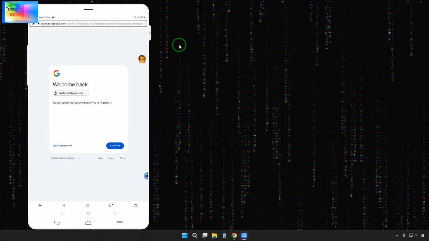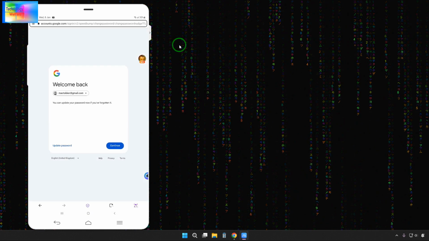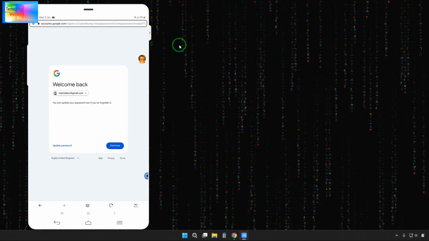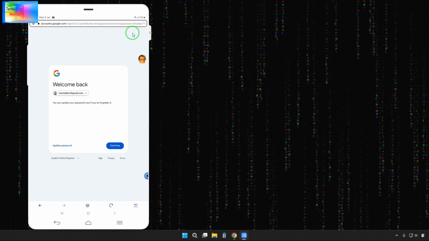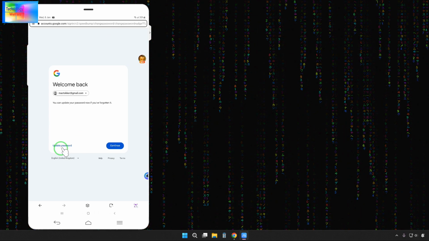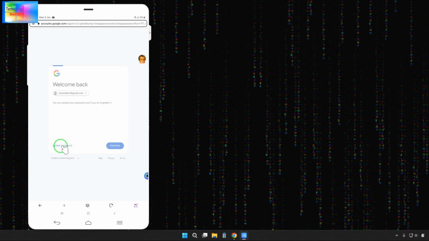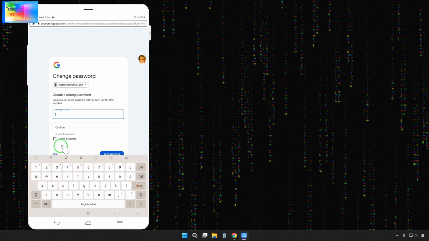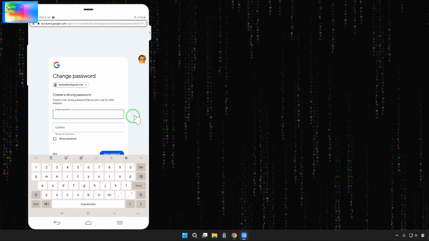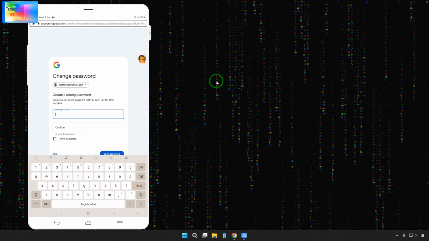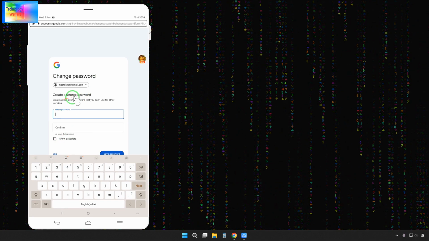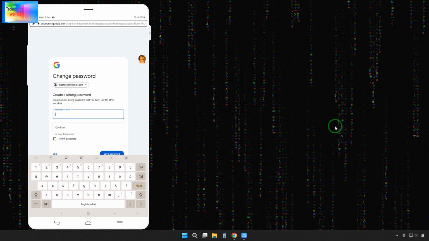Now see guys, here directly we would be here. Don't click on next options or continue, just we will have to pick specially update password. This one we will have to pick, so guys, click on here. Now what will happen, guys, here is giving an opportunity to generate. See, now here we have been given an opportunity. Google has given create a strong password. So what we will do here, guys, see,